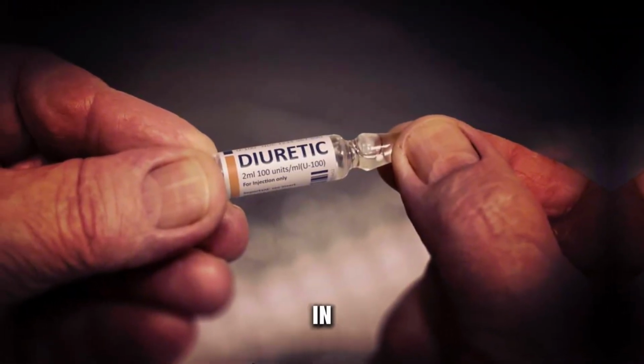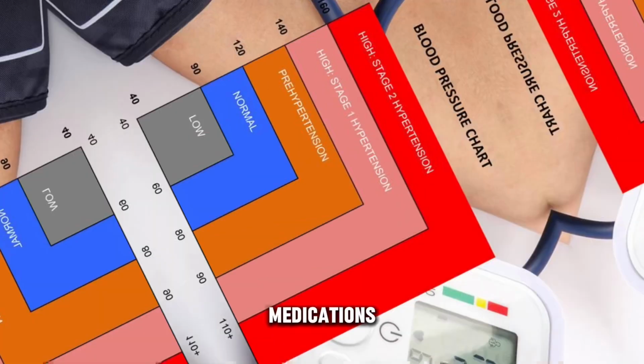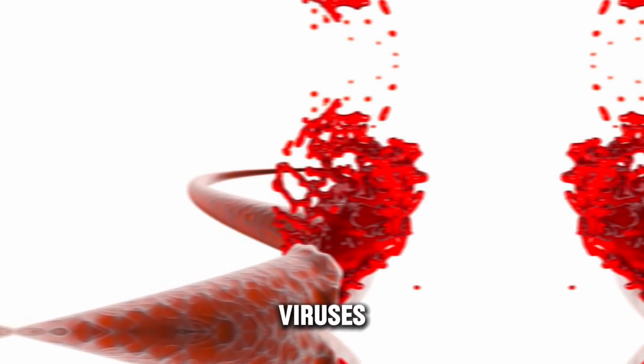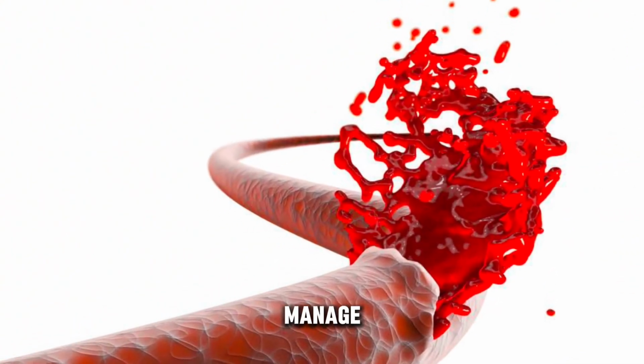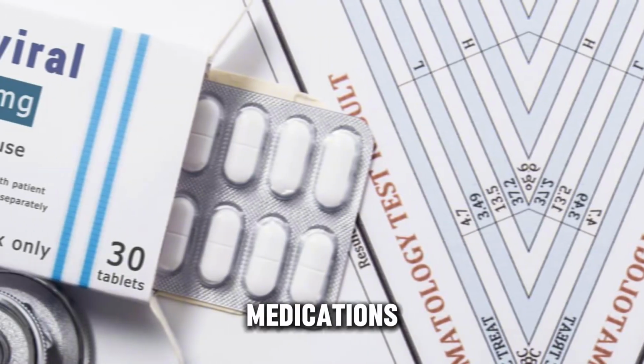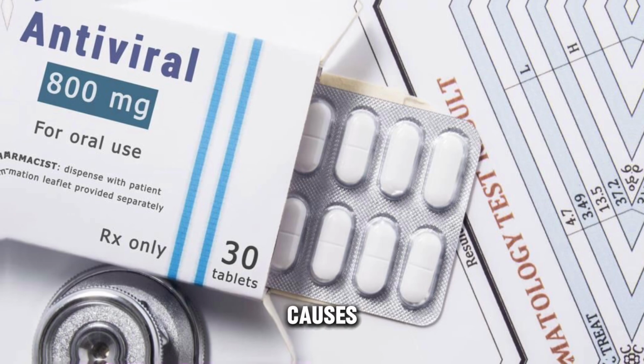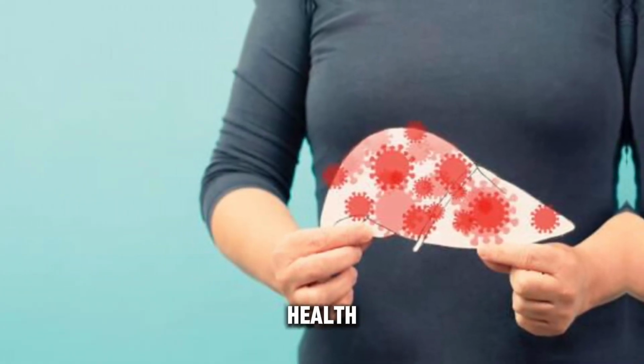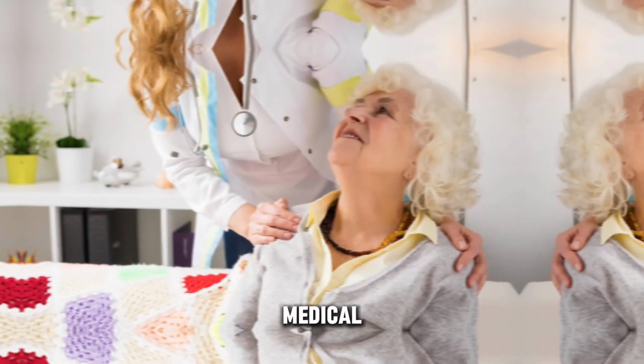reduce fluid buildup in your body's cavities like the abdomen, medications to lower blood pressure and prevent bleeding from enlarged veins, varices, and treatments to manage underlying causes such as antiviral medications if the underlying cause is hepatitis B or C. Then, to make sure that you are on top of your health journey, you should get regular medical monitoring